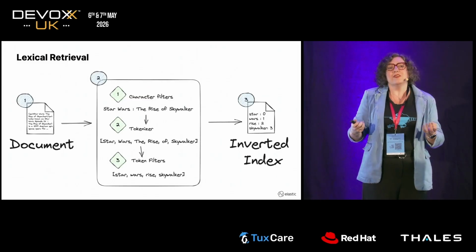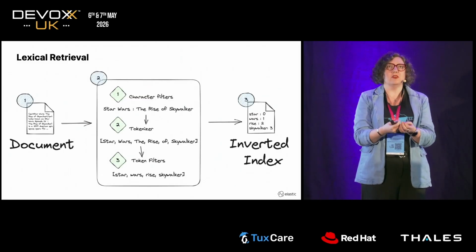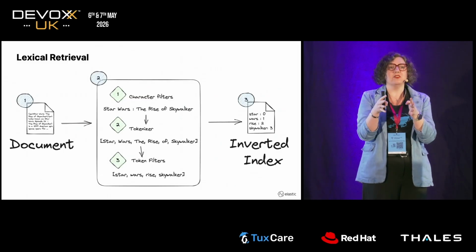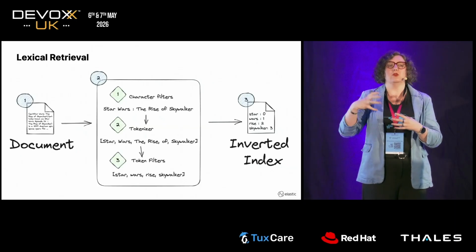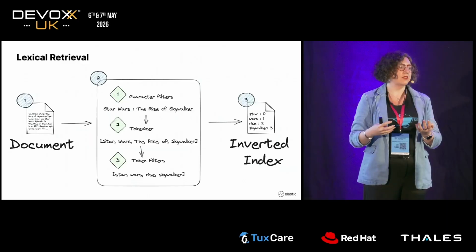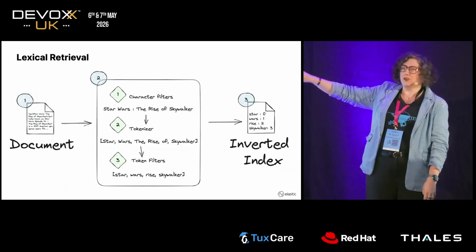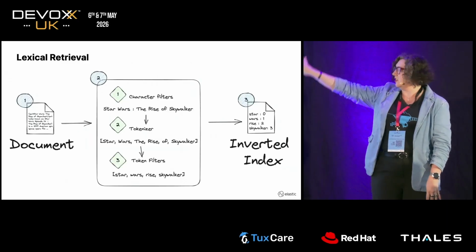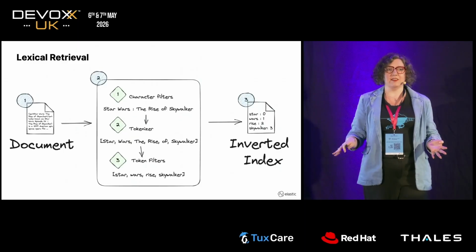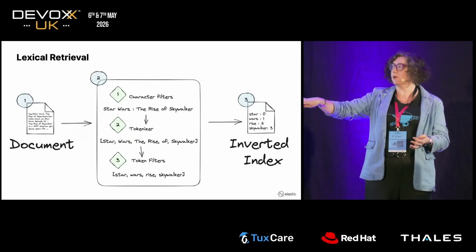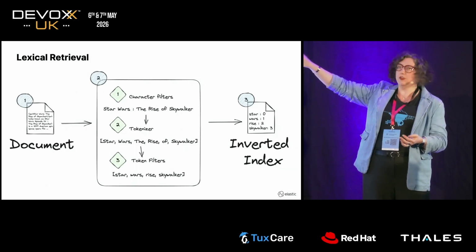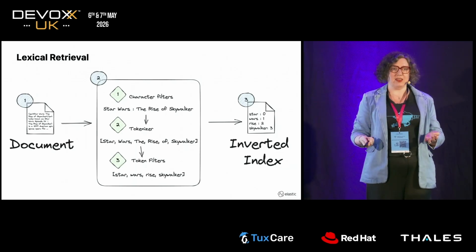But we still need lexical retrieval, because lexical retrieval is good at exact matches, whereas vector is around semantic matches, so getting the notion of context and nuance. And lexical retrieval, for anyone who's not familiar, is based on this data structure here, which is called an inverted index. It's basically a hash map. So you've got the terms that are extracted from your documents that basically we have a reference to alongside the document in which they reside.